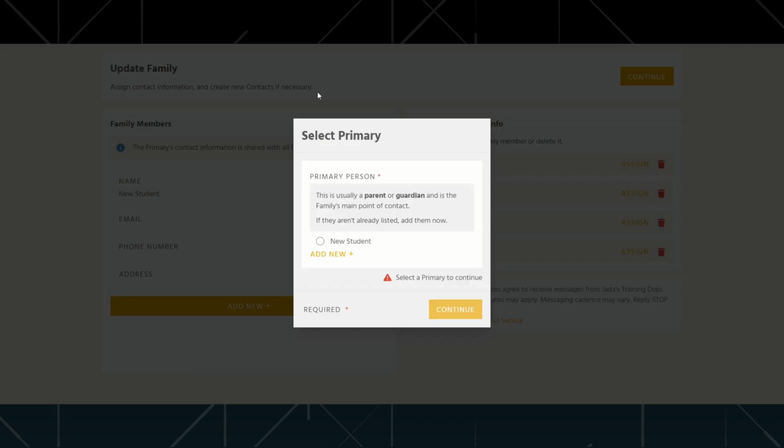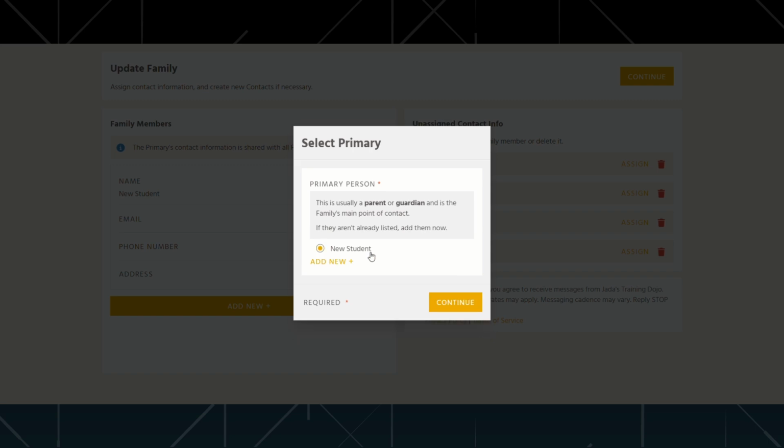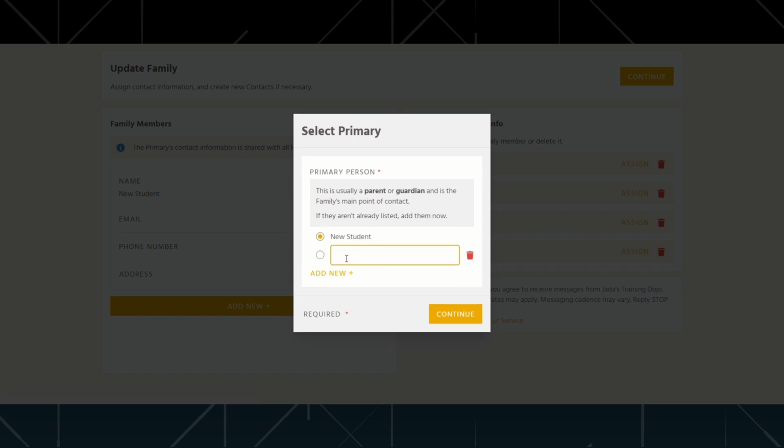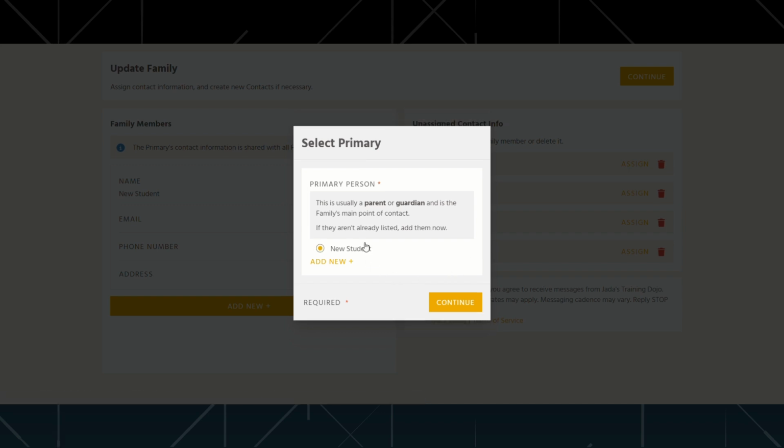And the very first thing that I'm going to see is selecting a primary. So I can select an existing student profile. If they add new from here, this is adding a contact. So if they were to continue, they can designate a contact as a primary. If they designate a student, so an existing profile, as a primary, which I'm going to do, that won't change their status as a student or anything. It's just designating them the